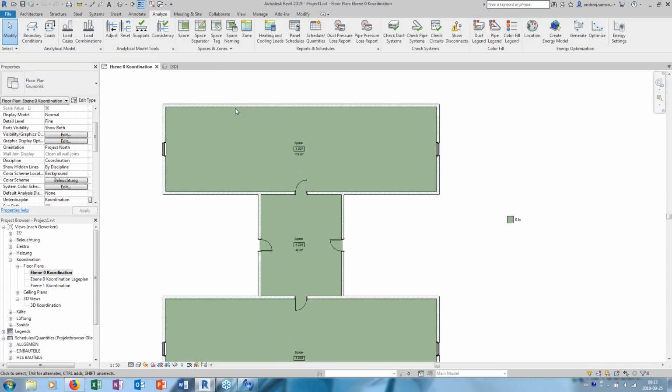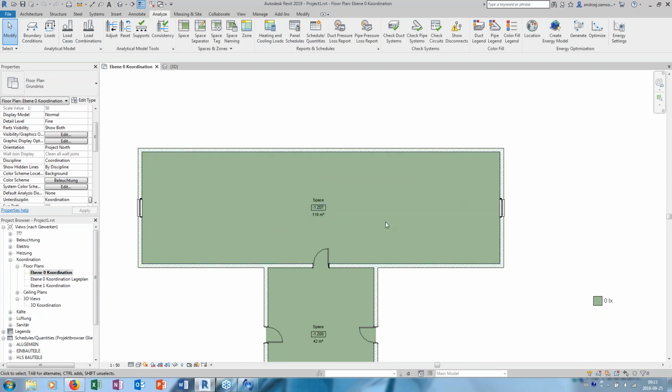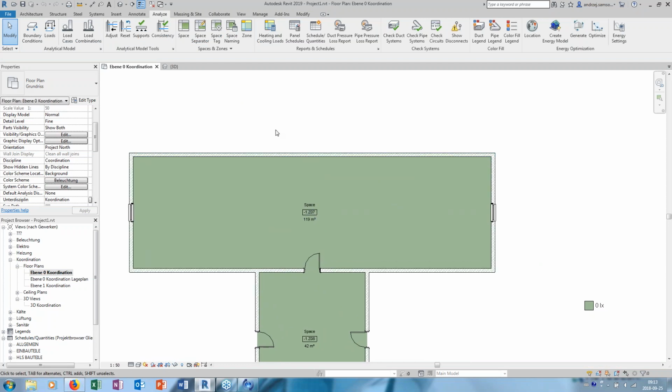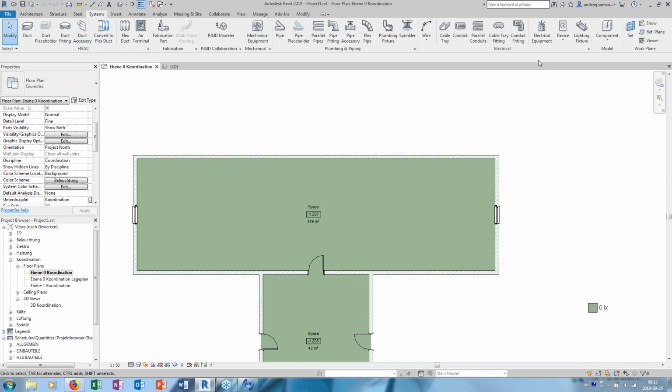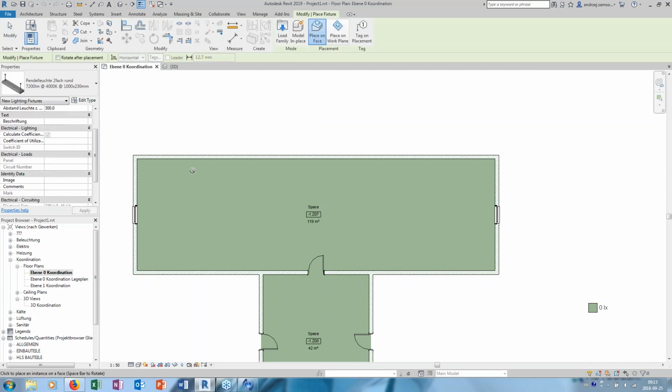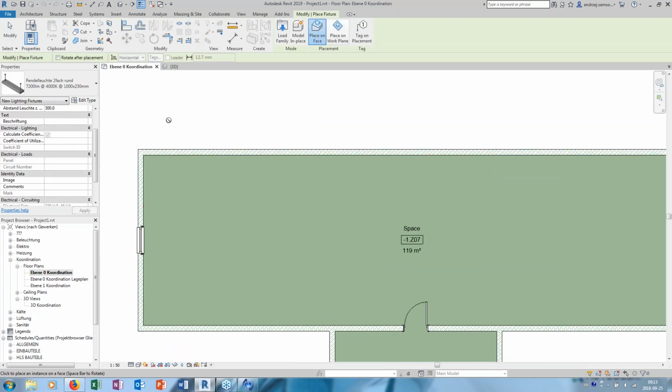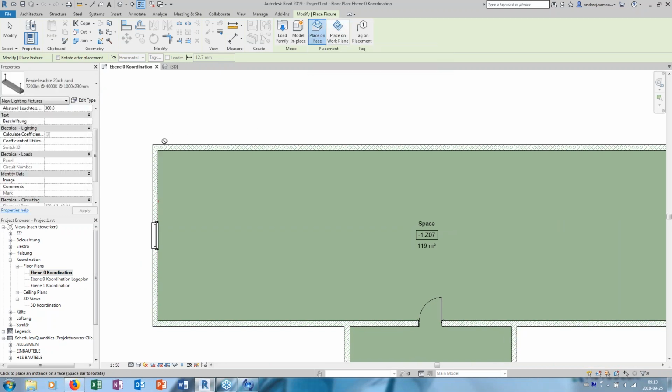Now I'm going to set some lighting fixtures in these rooms, and you can see how far you can go with design. I'm going to go to Systems, Lighting Fixtures, and one of the things you have to remember while placing lighting fixtures is to understand how this family is done. As you can see, I have a sign which prevents me from placing this family. Evidently this lighting fixture cannot be placed on a face,